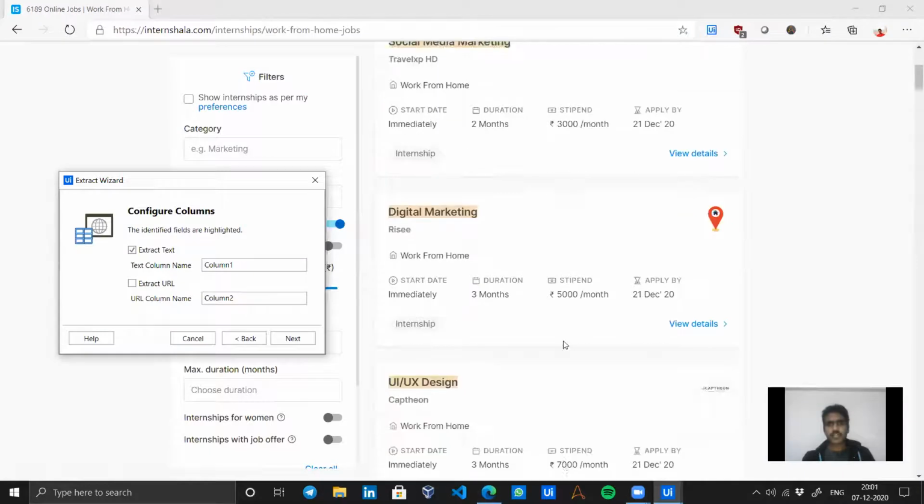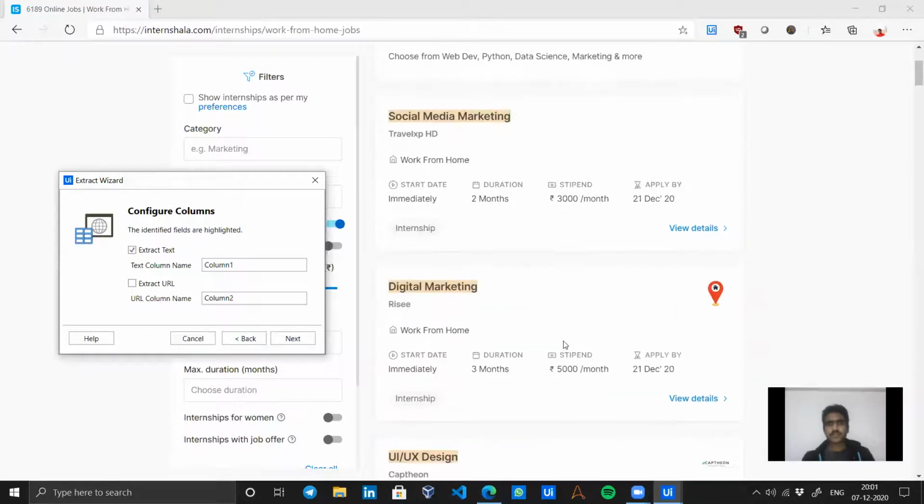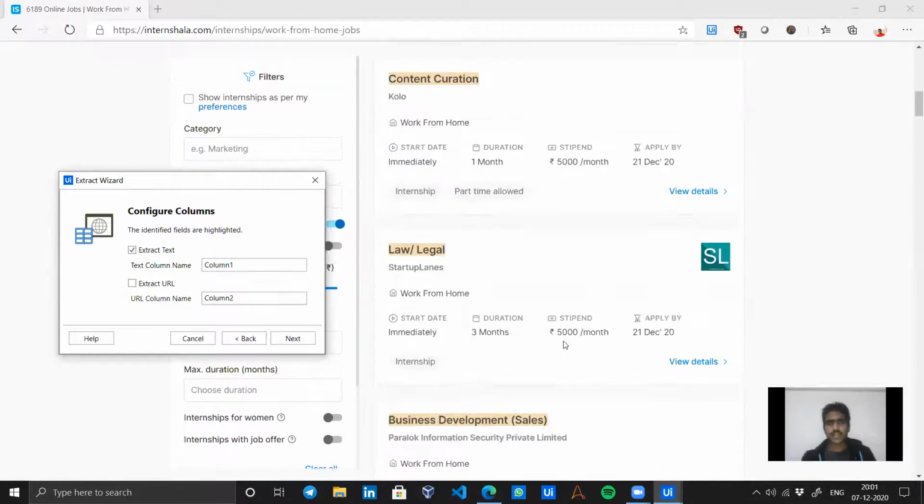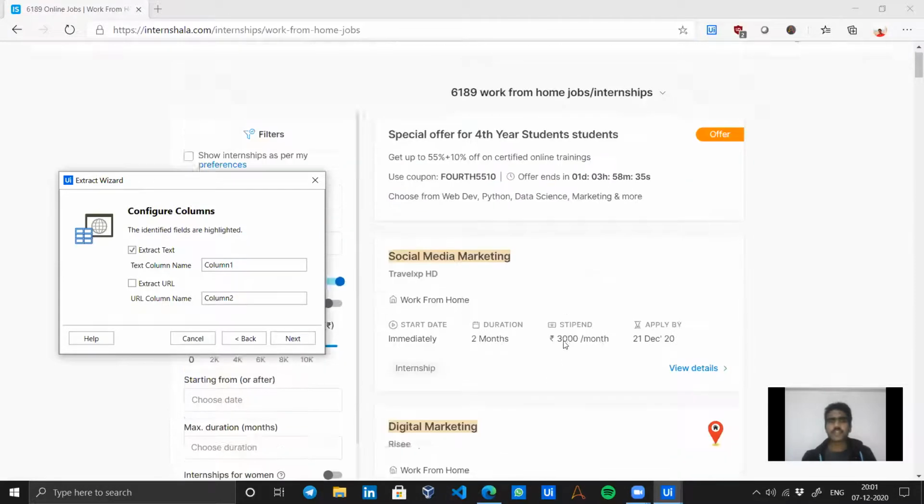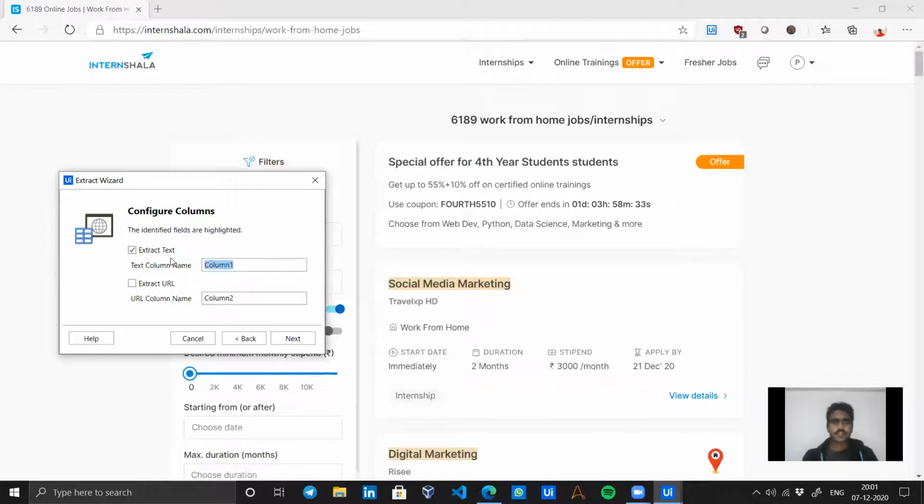Basically I am defining a pattern between these using only two. Now it's highlighting all the sections where the job profile name is listed. Let's call it job profile, and we are going to extract the URL also, so URL.